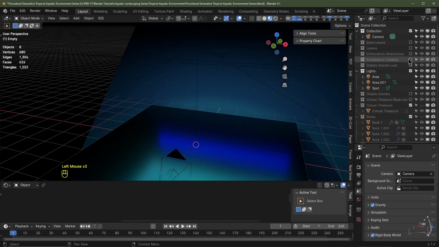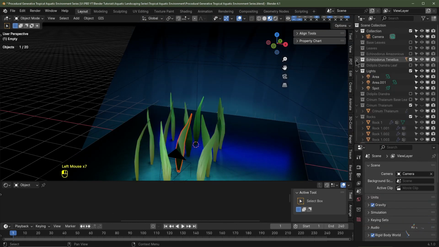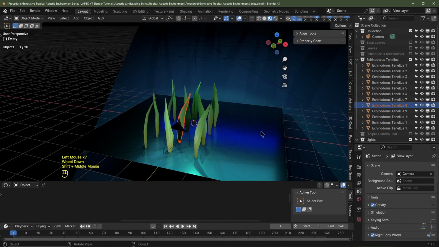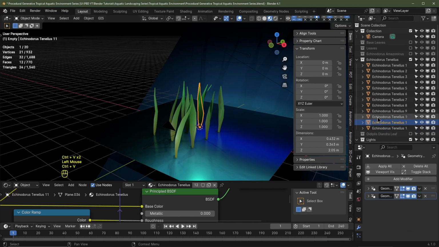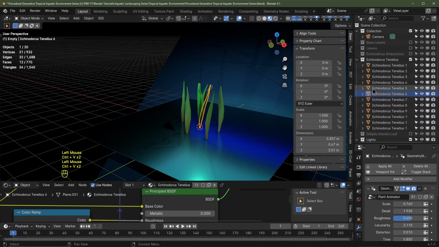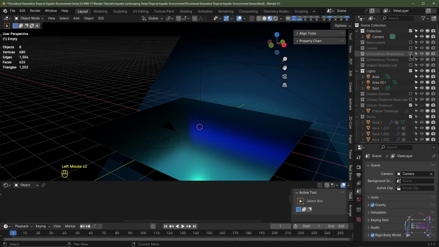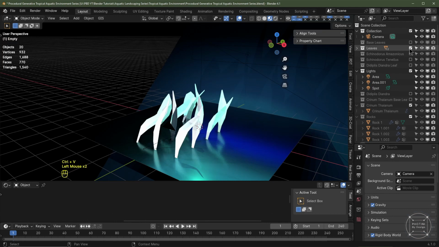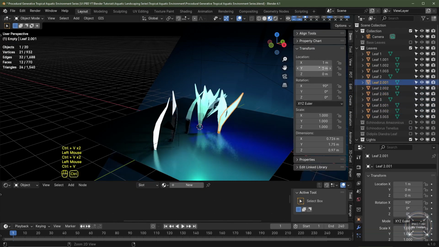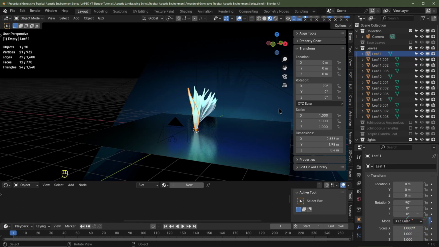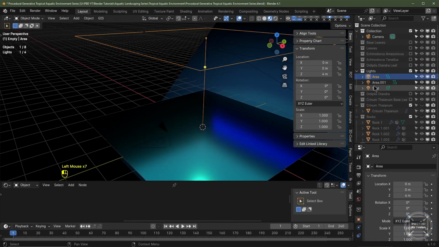Just collapse that, the Echinodorus Tenellus. So I'm going to open up that collection, and I'm going to ensure that all of those are zeroed out as well. I'll select the bottom one, hit Control V to 0 out, and we'll go through all of these as well. Okay, all those are zeroed out. Open up the Echinodorus Amazonicus. We'll make sure that that's zeroed out. Go to the leaves, do the same for all of these. Okay, all those are zeroed out, so I'm going to close that collection